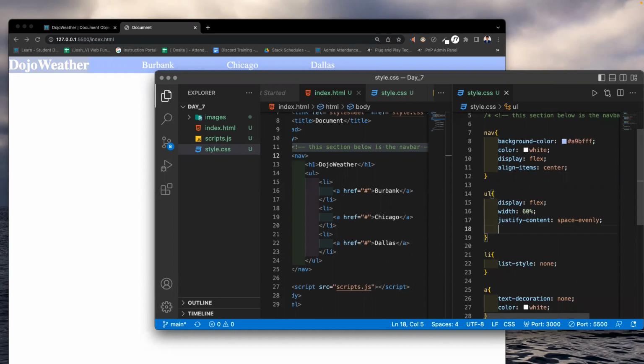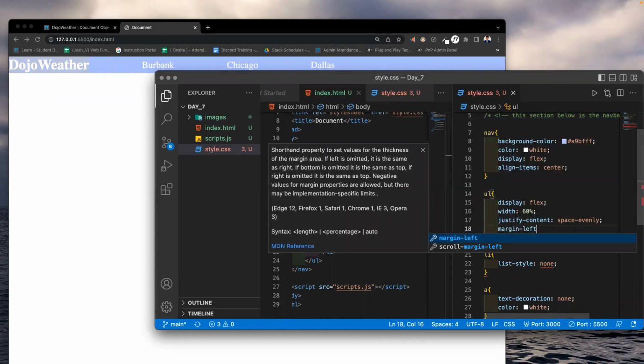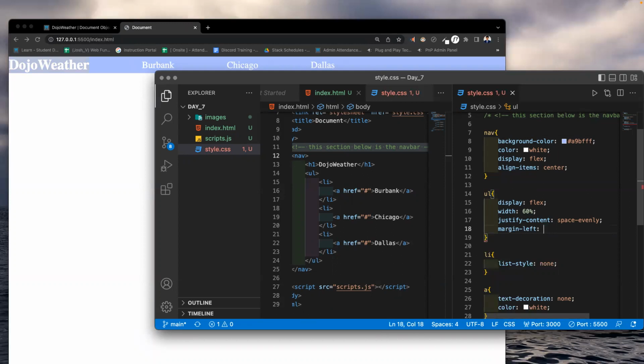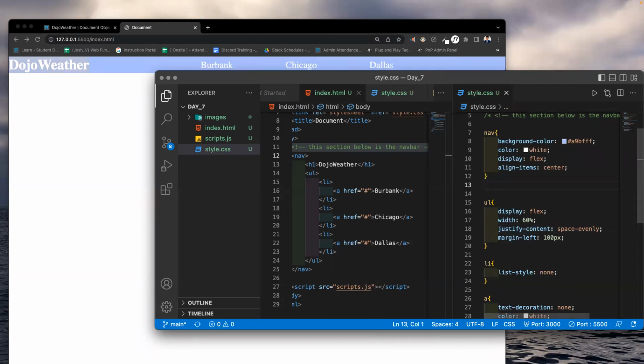Okay, so how much margin is a good amount? Maybe 10 to push the Dojo weather slightly to the right. Okay, Rig says 100 pixels. So let's try 100 pixels on this UL. Okay, that gives some space between. Remember, we can also use flex position. But since you guys said margin, let's just work with margin. There's no problem with that. So if we wanted to add some margin to the Dojo weather, we could target that. We could say H1